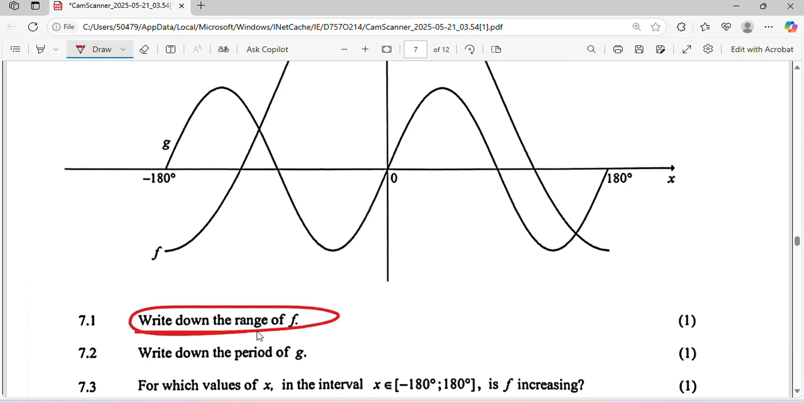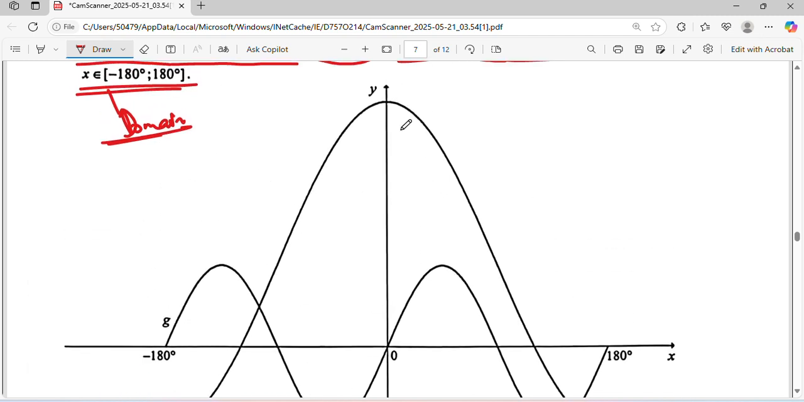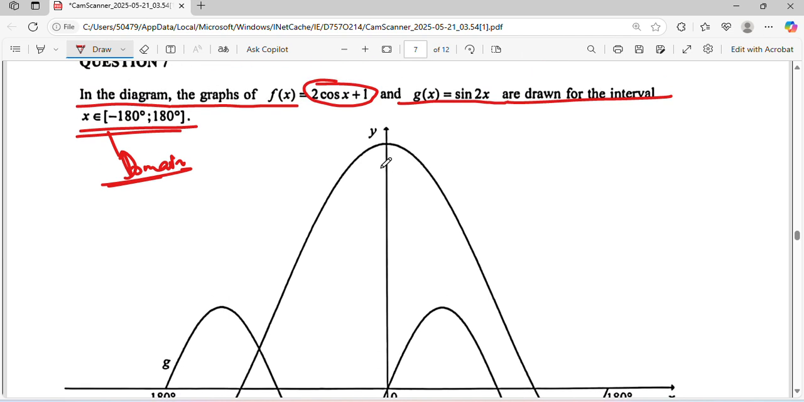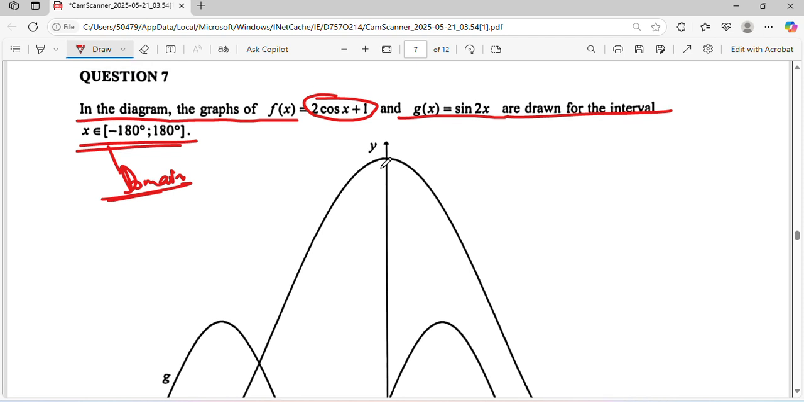As I said, write down the range of f. Now the range of f, as I said, we're looking at the possible y values that this function can take. Okay, the y values of this function. Let's just see, where is this function defined on the y-axis. Okay, now on the y-axis, the values that this function is taking on the y-axis, look at the f of